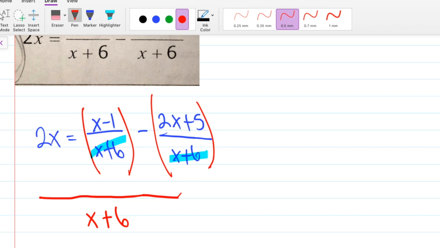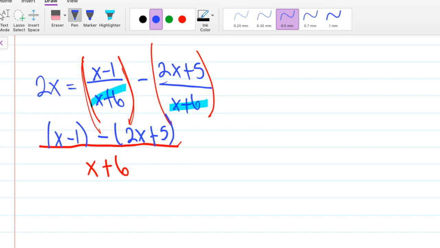Now, remember how we just put these parentheses right here and right here? Well, there's a reason for that. It's so that it's a little easier for us when we do this problem. So now I'm just going to write it as x minus 1. There's a minus sign right there. That's an ugly minus sign. There we go. 2x plus 5. Now you might be asking me, why does it matter if these are in parentheses or not? Well, I'm about to show you. So x minus 1, we're just going to leave that how it is,